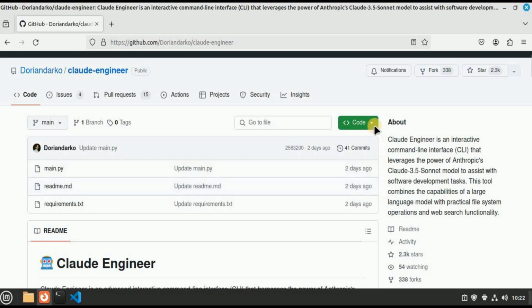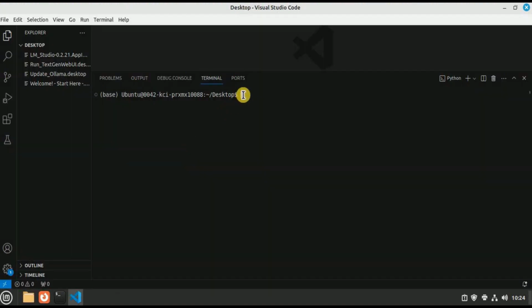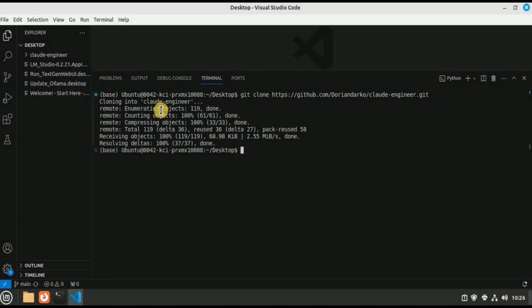So firstly, head to this code button right here and copy the URL, because we are gonna clone the repository. Then head to your terminal, and inside the terminal you have to write the command git clone and then paste the URL of the repo which we have just copied. Hit enter. You will see it will start cloning on your local system, and since there were only 3 files, the repository was cloned quite fast,